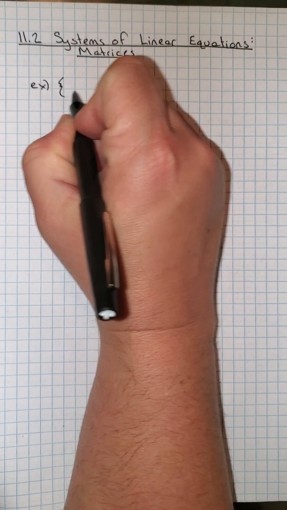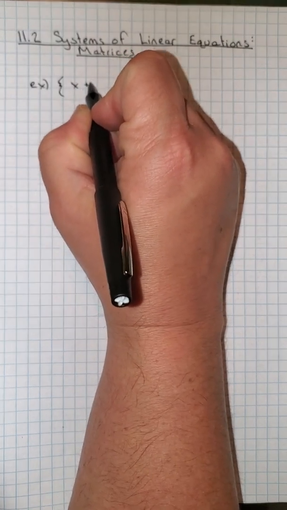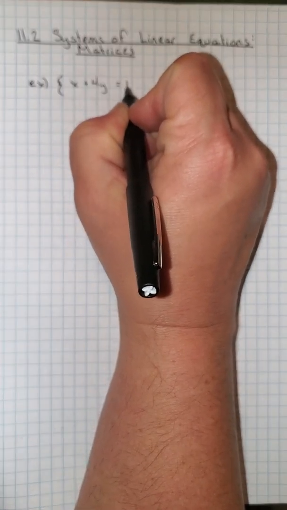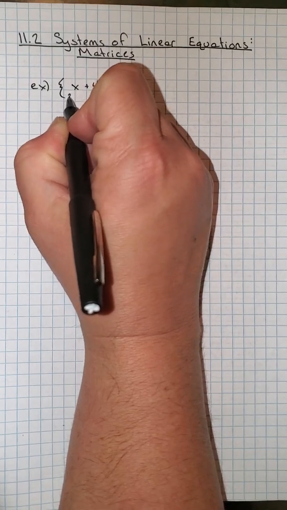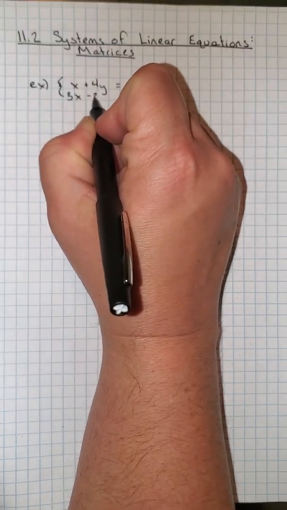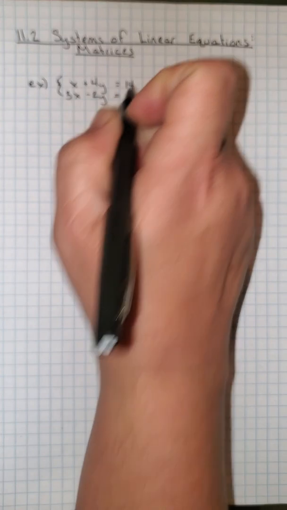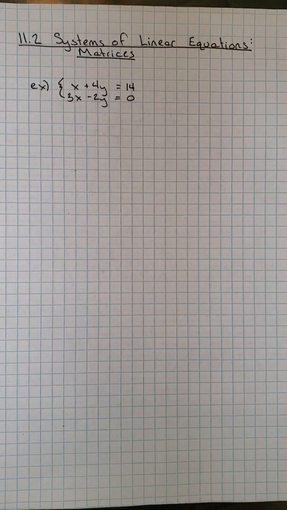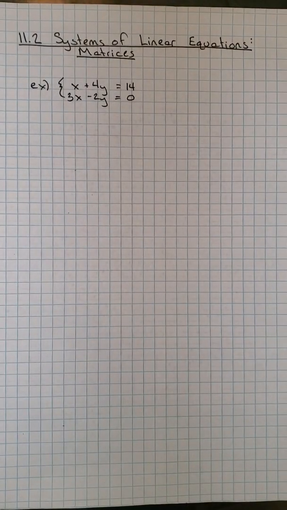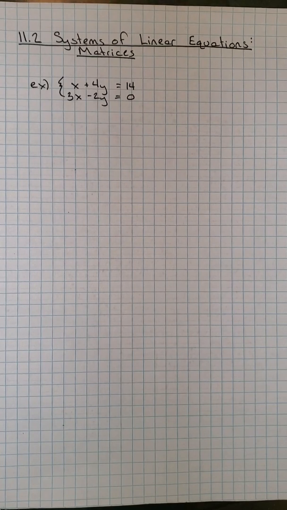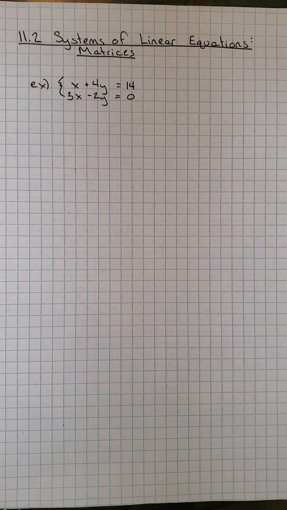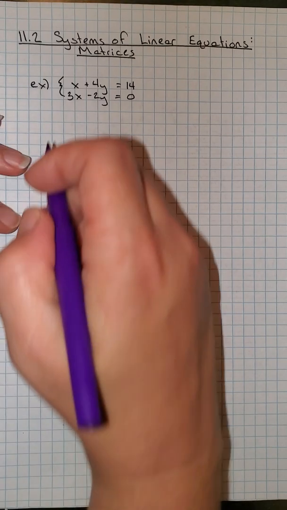So if you had the system x plus 4y equals 14 and 3x minus 2y equals 0. We will go back to solving these like we were in 11.1 using matrices, but right now we're just going to talk about how to write it as a matrix. So if I needed to write this as an augmented matrix,